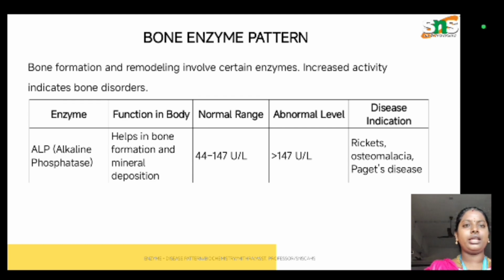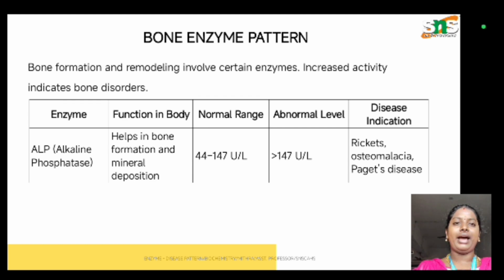The normal range is 44 to 147 U per L. Abnormal values above 147 U per L indicate rickets, osteomalacia and Paget's disease. In vitamin D deficiency, rickets and osteomalacia play a major role, and apart from Paget's disease, renal calculi, that is the accumulation of kidney stones, also